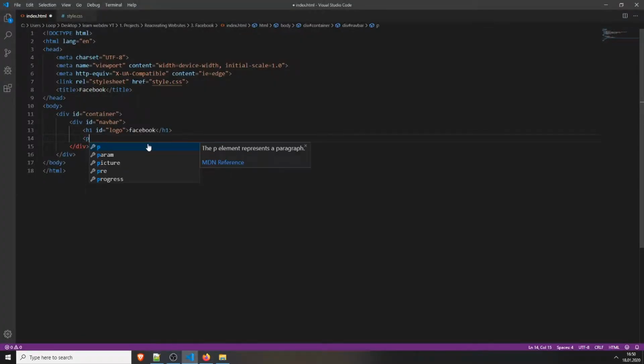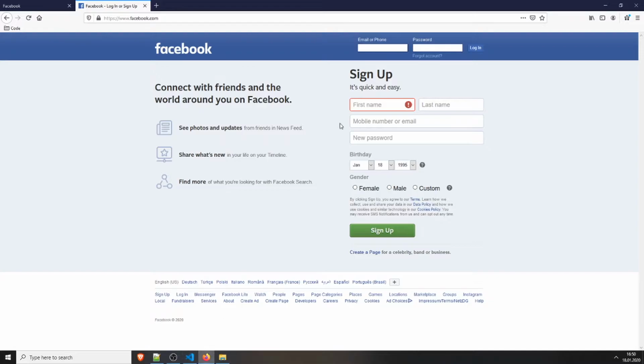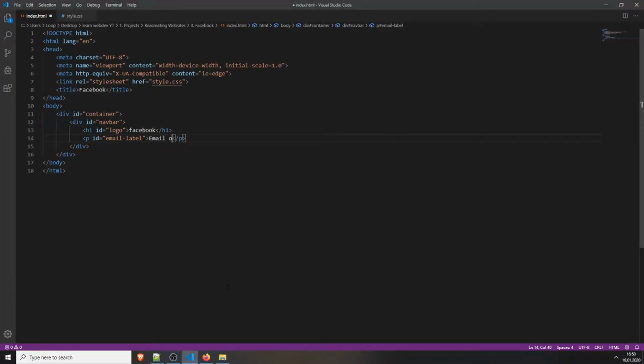So I will create a p tag with the ID email label, which is for the label, of course, and I will just type in email or phone, and at the end of it I will add an input field with the type text and ID email. Alright,